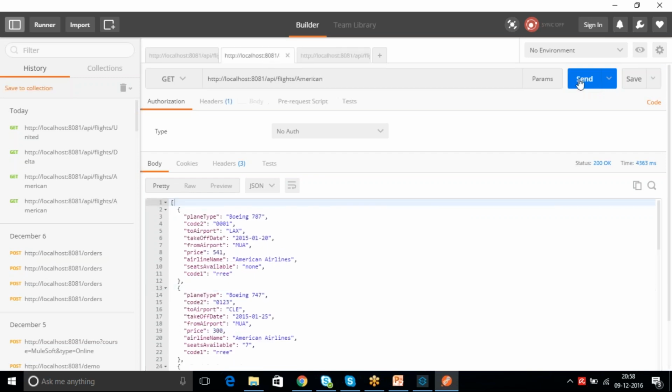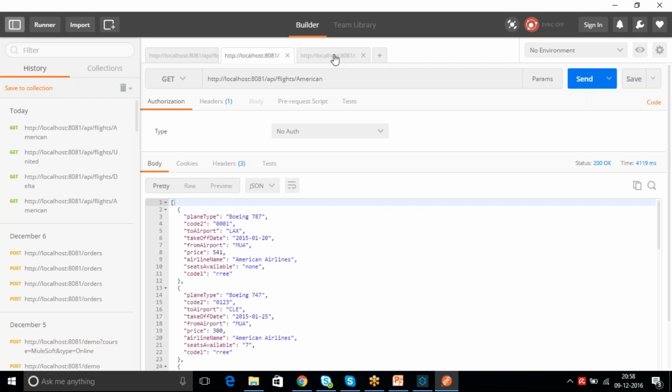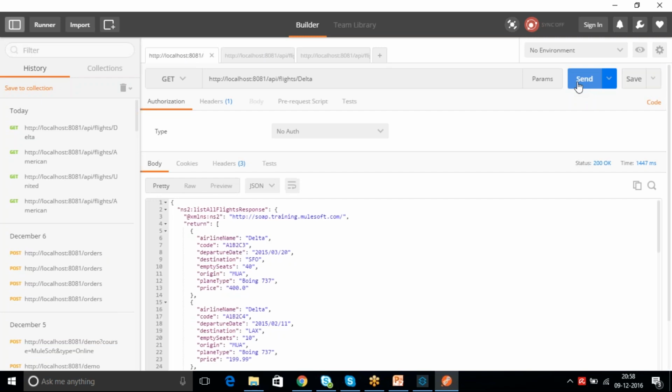So now you got information for United. And the American flights. And then this one. Okay. So one of the tasks is completed. So individually you are able to get the 3 flights' information.